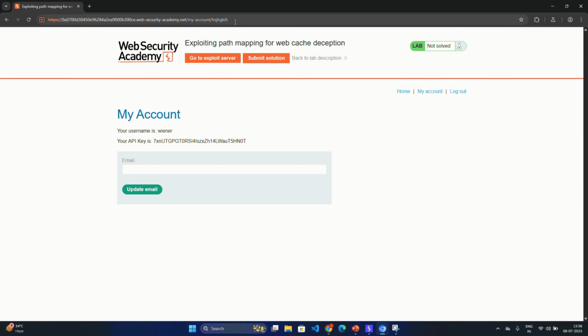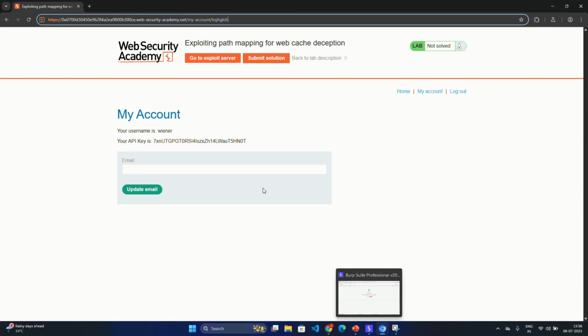Many frameworks are flexible with random characters. The web server knows the path to my account and ignores any extra characters added at the end. So this can lead us to cache responses that the cache system does not intend to cache. So we will add a static extension at the end of this and then capture the request and see whether it is being cached or not.